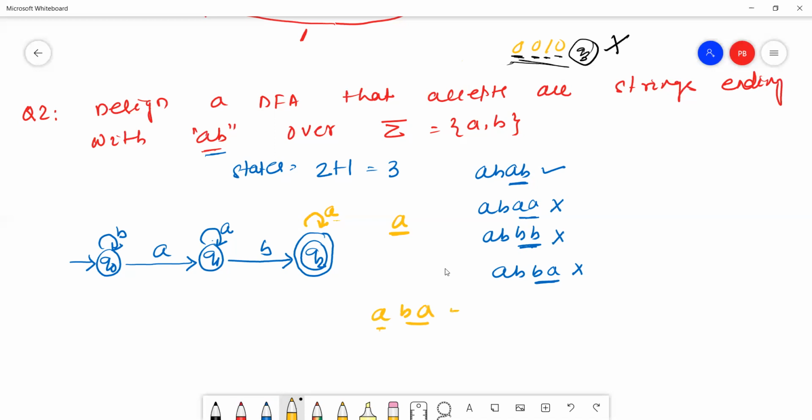Q0 reads A, goes to Q1, Q1 reads B, goes to Q2, Q2 reads A, goes to Q2 state. Q2 is a final state, so ABA is accepted by the given DFA. But ABA is an invalid string because the string ends with BA. So A cannot stay on the Q2 state.